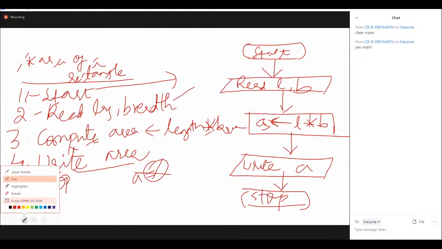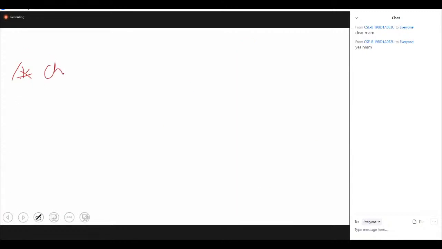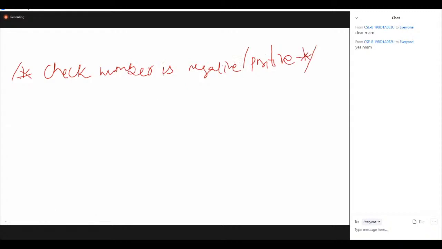We'll do a small thing, like checking whether a number is negative or positive. We want to check whether the given number is negative or positive. So how many inputs do we need? Only one, because you are only finding whether a given input is negative or positive. So first I'll write